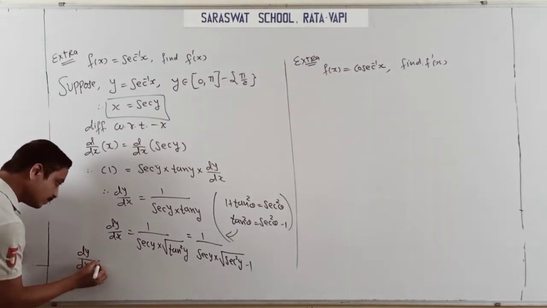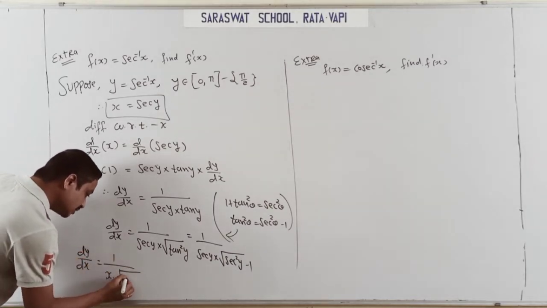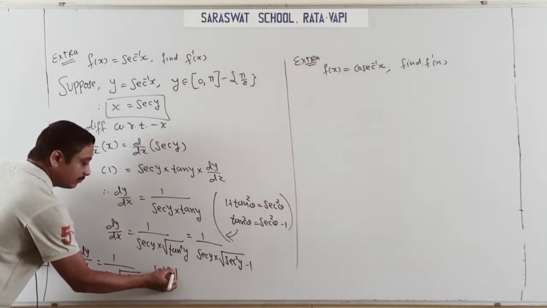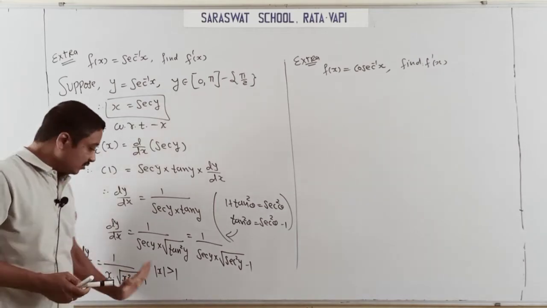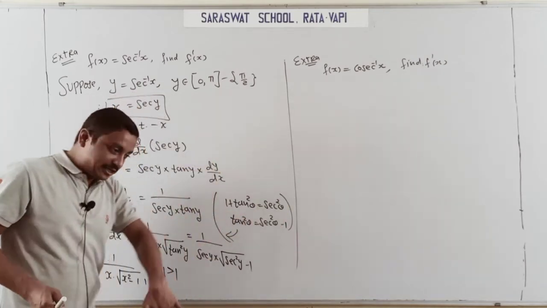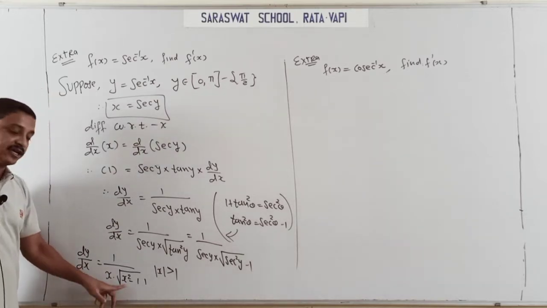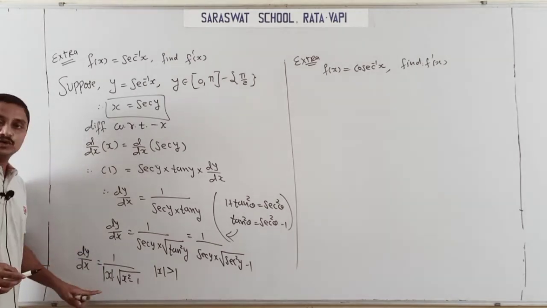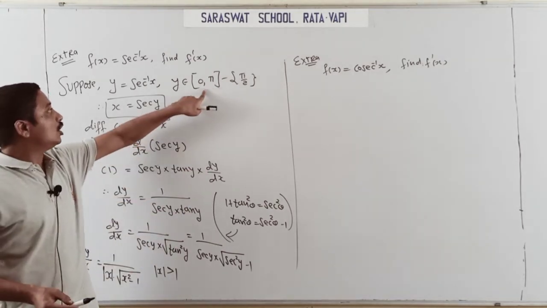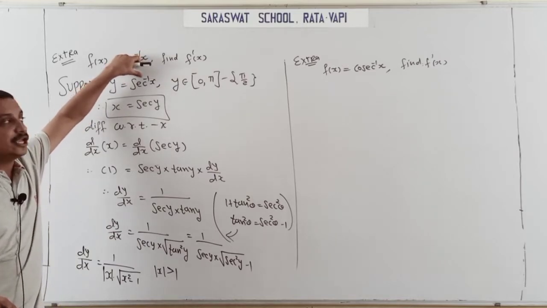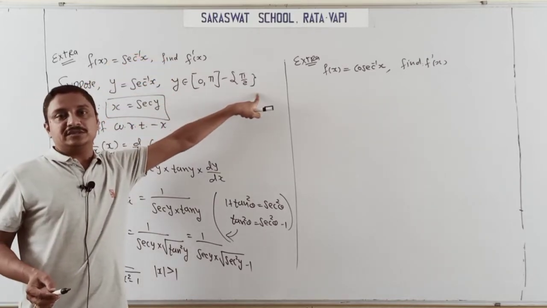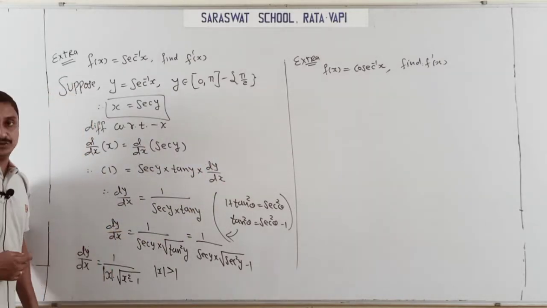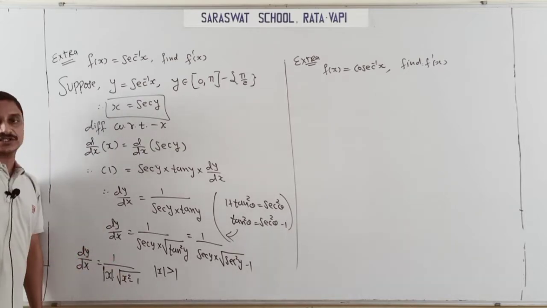So dy by dx is 1 upon x into root of x square minus 1. But here x is never 1 and never minus 1. It means x greater than 1 is valid and x less than minus 1 is valid. Then this defines the case value under root x square minus 1. And here, students, I show the modulus because x is particularly in the range of this set region, 0 to pi minus pi by 2. Correct? So you just take positive values here. Then the final value is 1 upon modulus x under root x square minus 1.